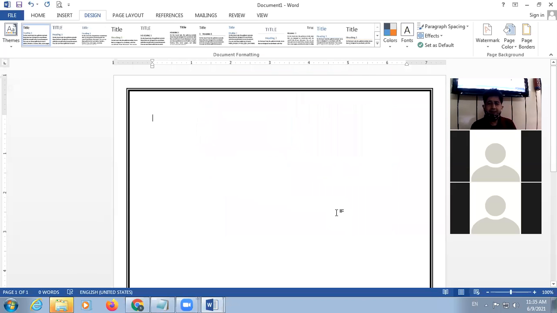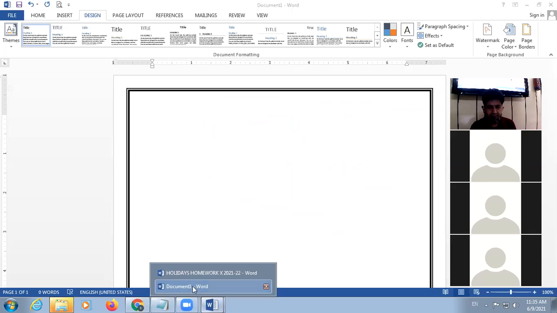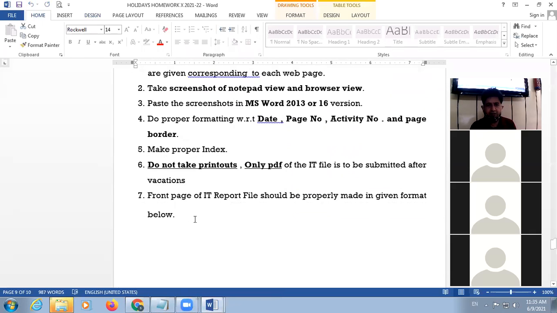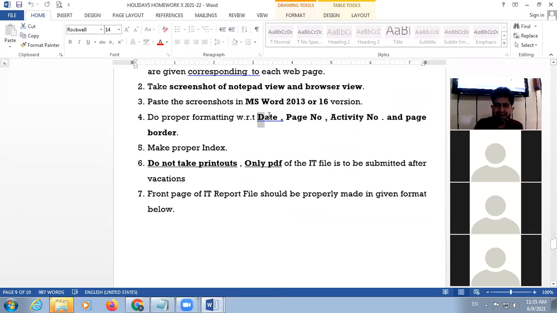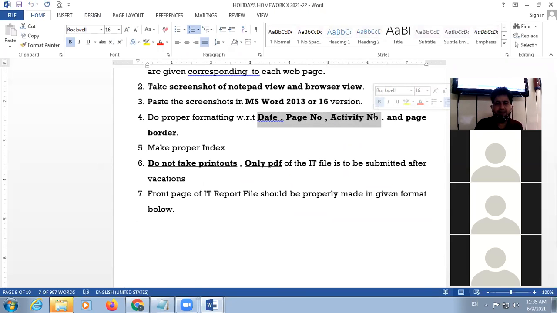Look at here, date, page number, activity number and page border.